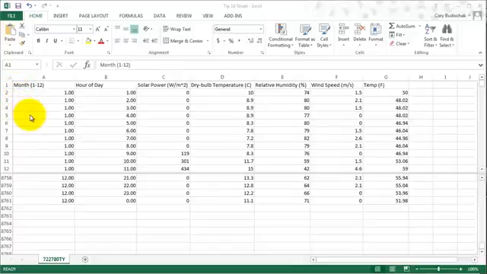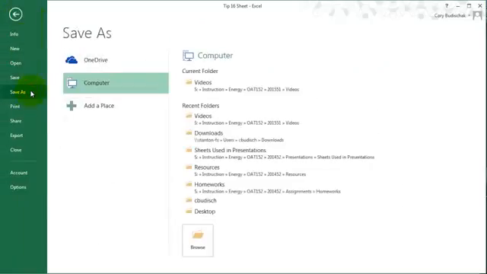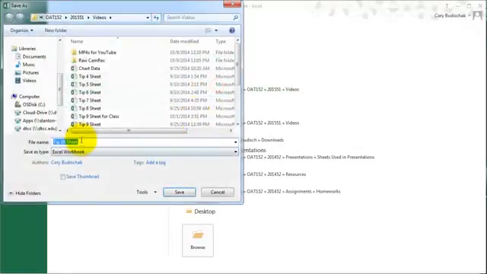What we have here is our 8,760 values with solar power, dry bulb temperature, relative humidity, wind speed, and temperature. And what we're going to do is import this into Dview. This used to actually be really easy. We used to just save the Excel file and open up the Excel file in Dview. But it's not compatible with Excel 2013 files. So what we have to do is first go to File, Save As,